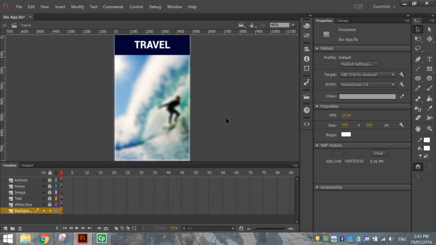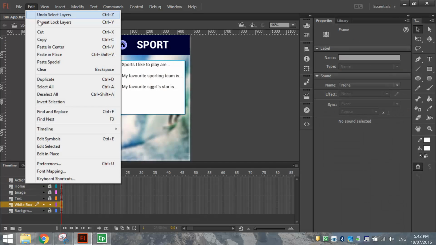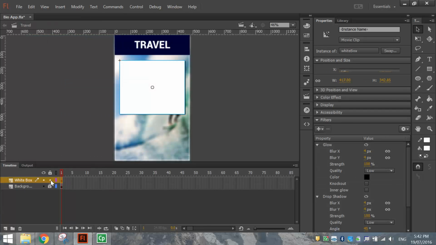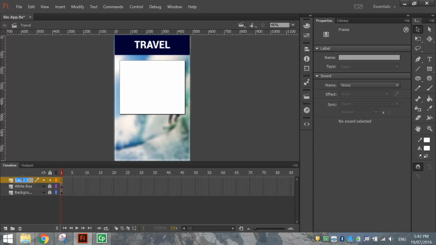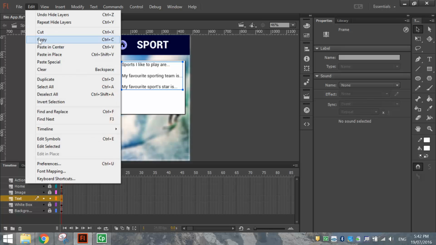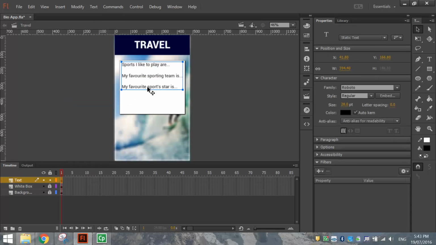And we will copy that from the previous scenes. I'll click on Whitebox, copy, paste in place, lock it, go to the next layer, and we'll call it text. Back to the previous scene, we'll copy that text, don't forget, paste it in place, and the text we're going to write here, it's going to say, one day